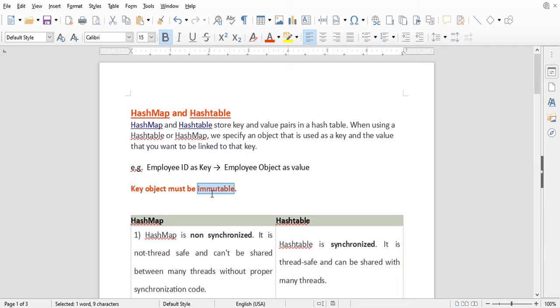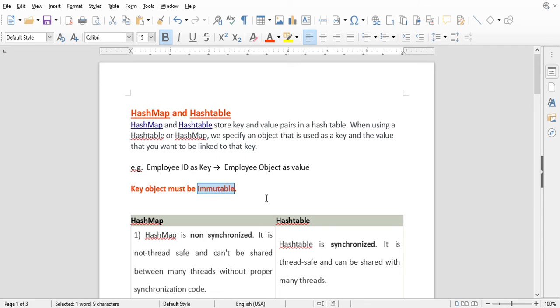That's why the key should be immutable. For example, String is immutable, so it is a good key. Or an Integer object, like an employee ID, is automatically immutable. You should use keys which are immutable. That is a very important thing.